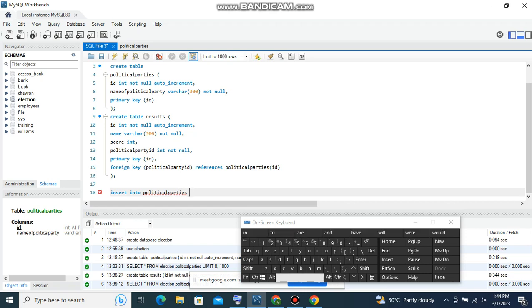So once I've done that, what do I want to insert into that party? Which of the columns do I want to insert my information into? I want to insert into the name column. So I will say bracket open,